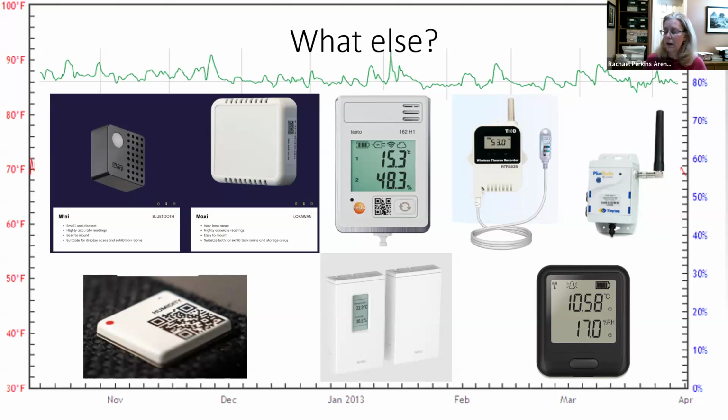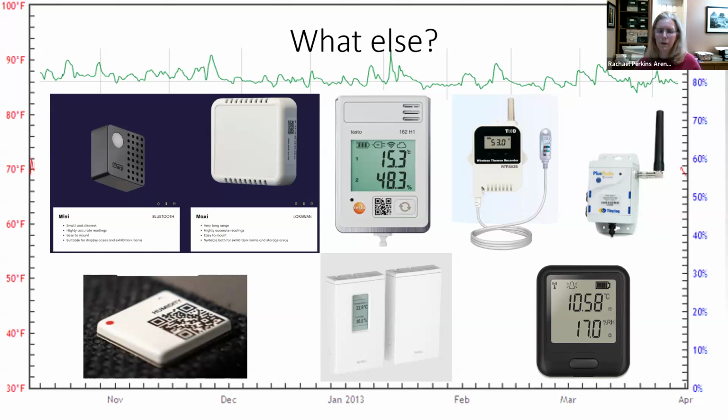Some of them are higher end and more expensive than others. In the bottom center here, we have Vaisala sensors. Vaisala is one of the big names in precision sensing. And on the left, we have two things that were new to me and are sort of intriguing. On the top left,